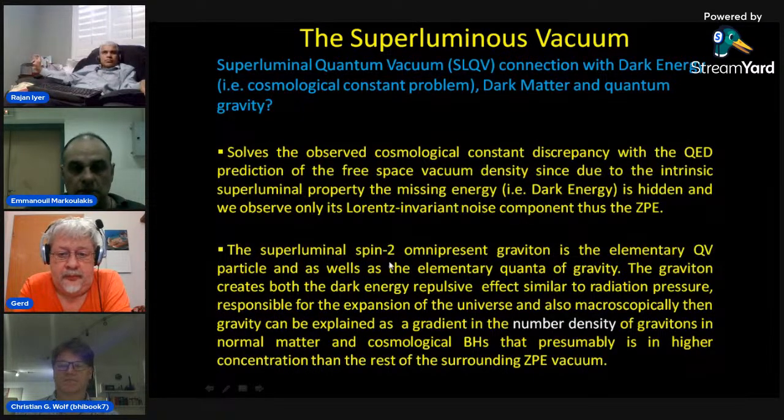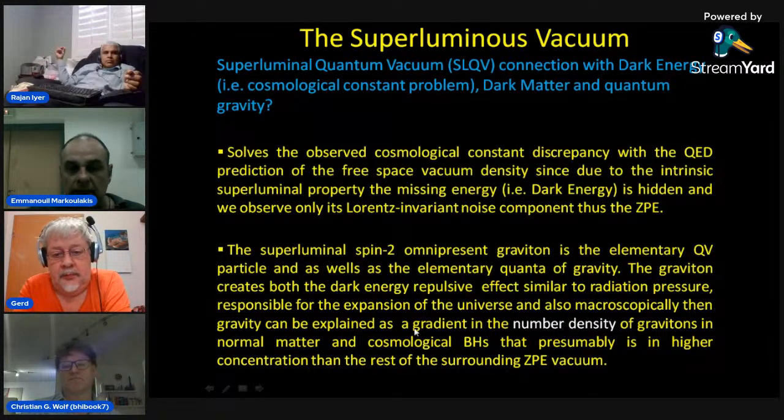Next, the superluminal spin 2 omnipresent graviton is the elementary quantum vacuum particle as well as the elementary quantum of gravity. So now we're talking about quantum gravity. The graviton creates the dark energy repulsive effect, similar to radiation pressure, responsible for the expansion of the universe, and also macroscopically then,